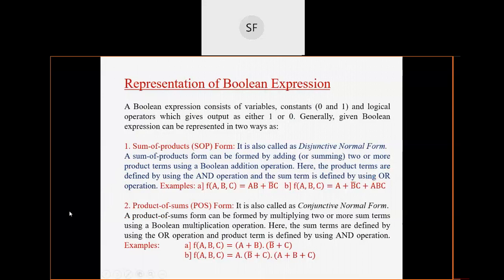But why we are going for K-map? In order to simplify the digital expression, that is Boolean expression, and to reach Boolean expression, we should know the representation of Boolean expression. Okay, and earlier, we first started with Boolean algebra. So first topic was our Boolean algebra, then Boolean expression, then its representation, and after that we will go to the K-map. So this is the flow, right?